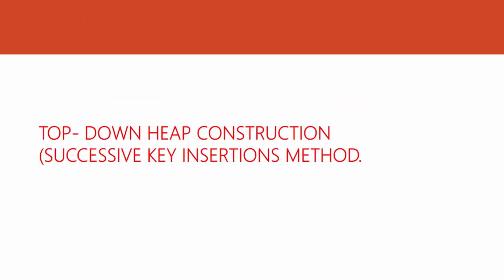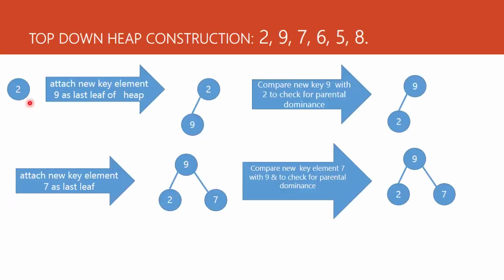Let's learn now how to apply top-down heap construction on the same set of elements, and this method is also called the successive key insertions method. So, how to apply top-down heap construction on 2, 9, 7, 6, 5, 8. First you create a node for 2, then attach 9 as its left child,